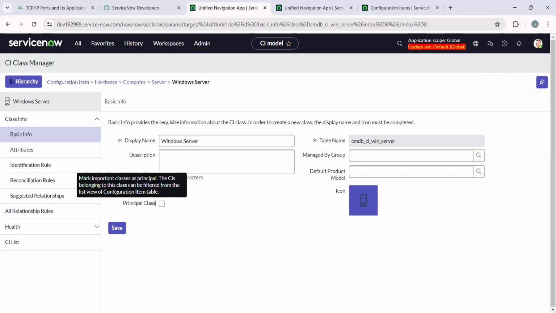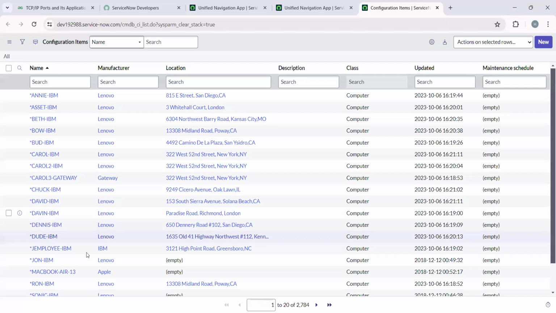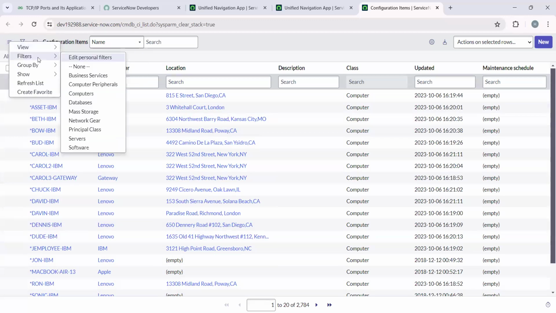Principal class. Principal class means marking some important classes as a principal class. The CIs belonging to this class can be filtered from the CMDB table list view. How? Let me show you that. If you go to this configuration item table, here in the list control filter section, you have a filter called principal class. Can you see, guys? If I click on that,